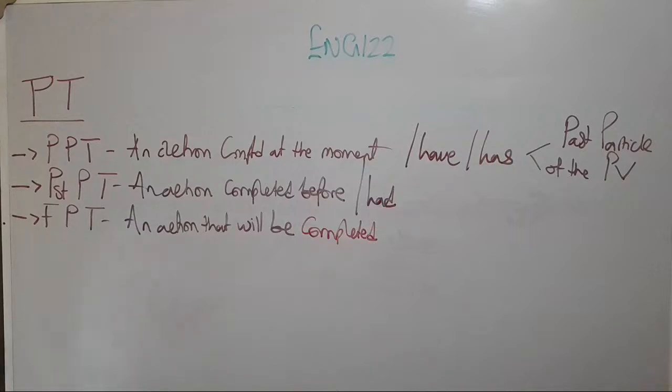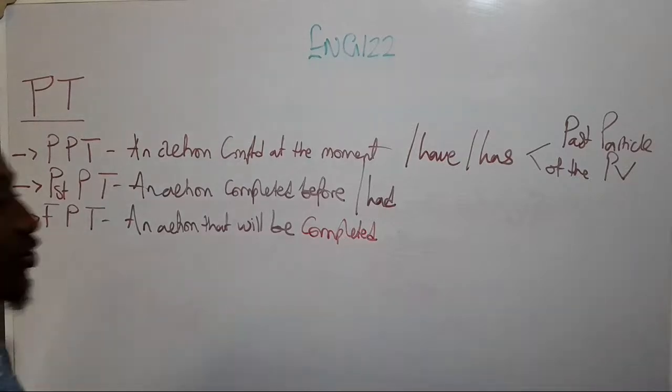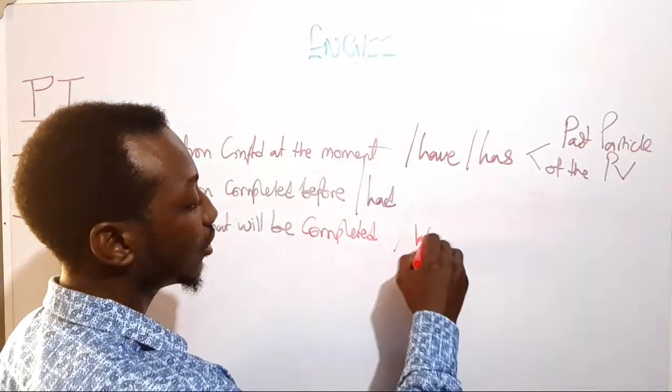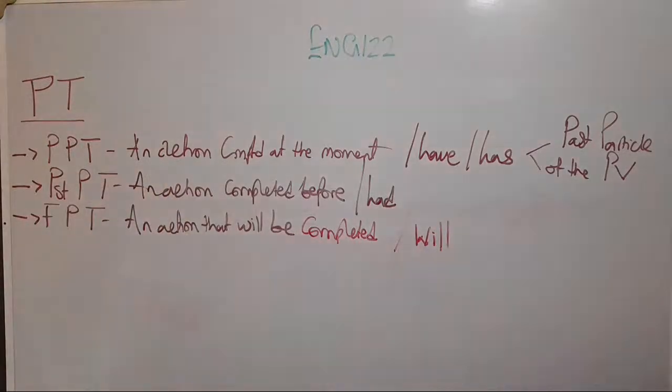A good example. You use auxiliaries like will. By the time you get there, we will have been building the house for a year. The guests are coming at 8 p.m. I will have finished cooking by then. So we have that.